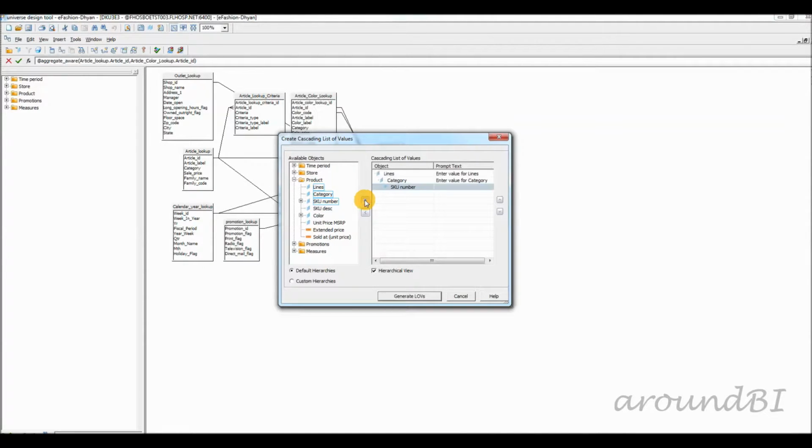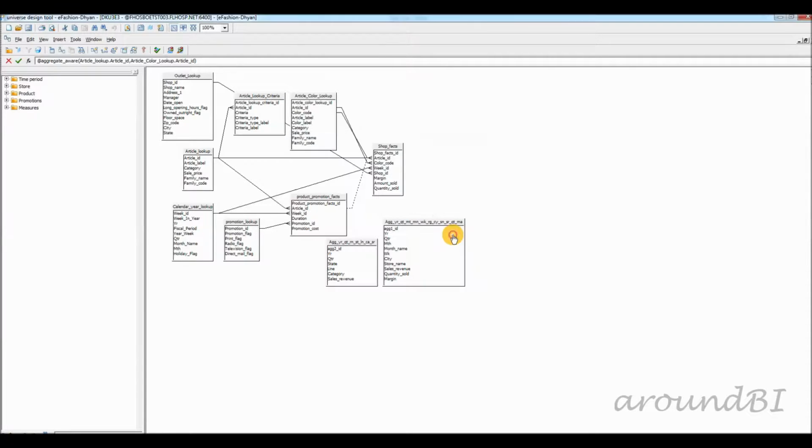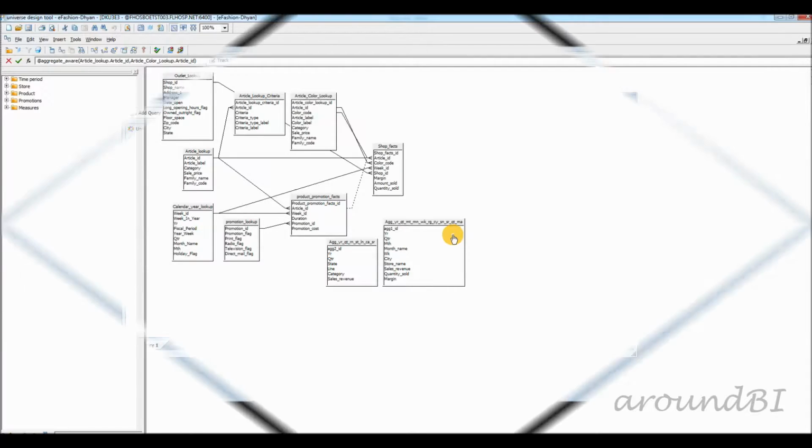We are selecting lines, category, and SKU number and moving them into the right pane. With hierarchical view checked, we can see the association between the selected objects. Click on Generate LOVs. If you have already created a list of values for one of the objects, you will be prompted to overwrite, in which case click OK. Cascaded LOV is successfully created. Save and export the universe.